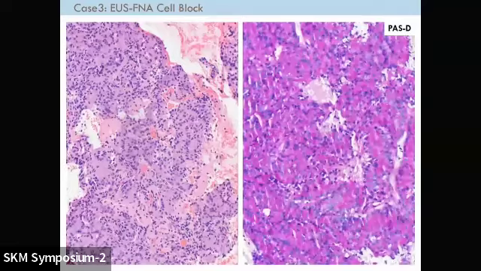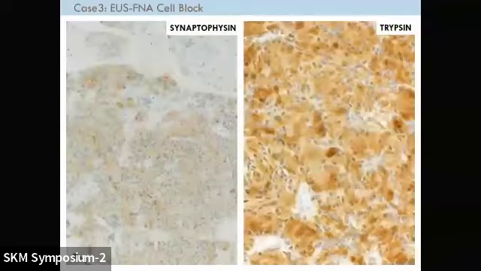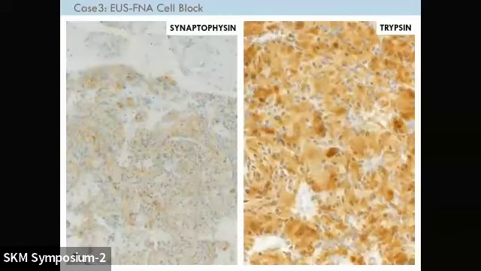This is the cell block where it shows a tumor that is composed of very back-to-back glands in a microglandular arrangement, or here you can see possibly an acinar configuration of these glands. The tumor cells lining these acini showed very diffuse and strong positivity with PASD. However, the confirmation came with the utilization of immunostains. As you can see, this tumor is diffusely positive for trypsin, which clinches the diagnosis of acinar cell carcinoma